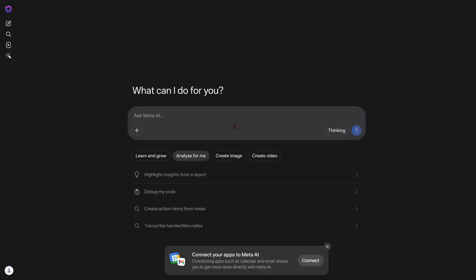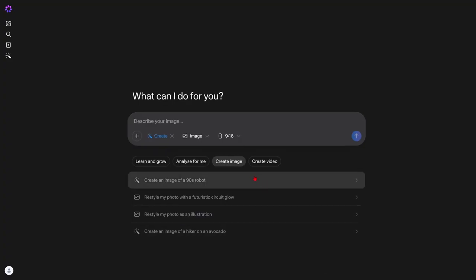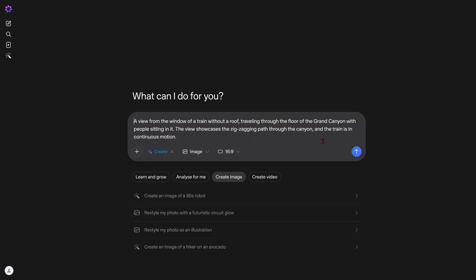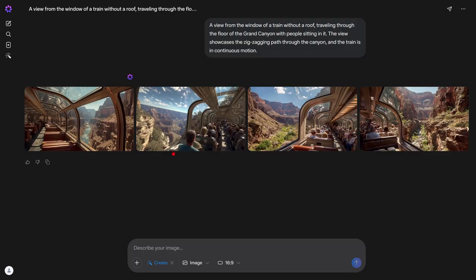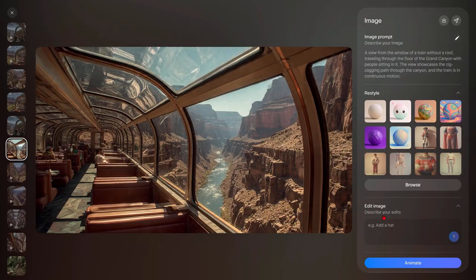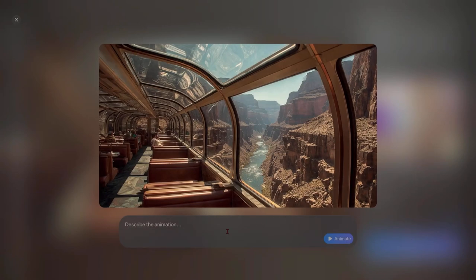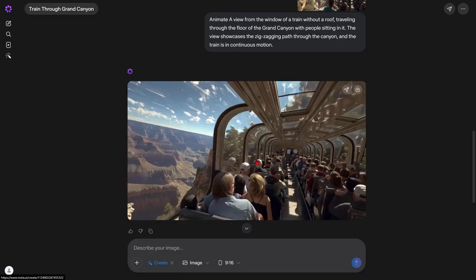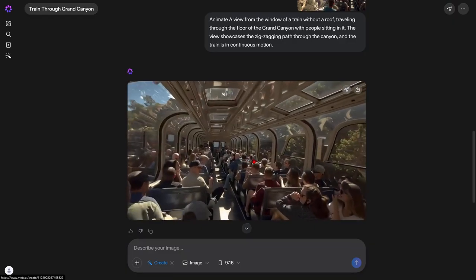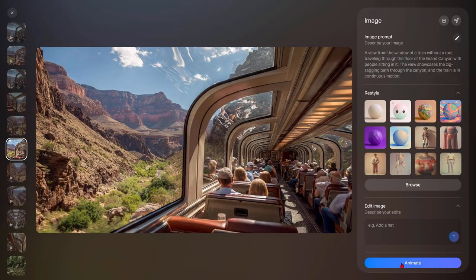So what we're going to do is first go to the Image section, and here we're going to make sure we select that we want the image in 16:9, which is horizontal. And once it's generated, we can turn it into video in 2 ways. First, we click Custom Animate and add a prompt to explain specifically what we want to happen in the video. Or, on the other hand, we can click Animate, so the AI analyzes it and gives it the animation it